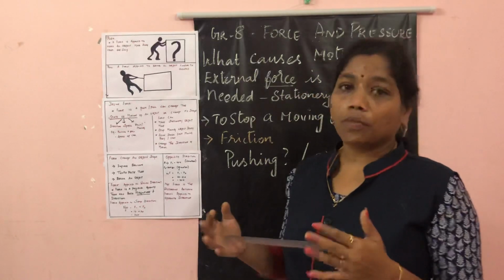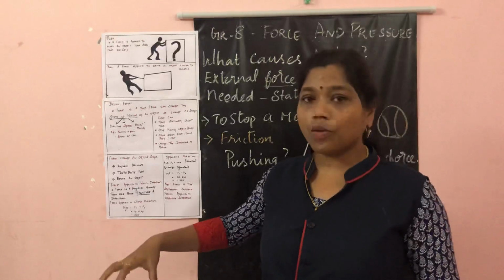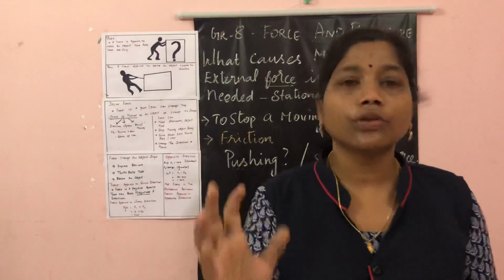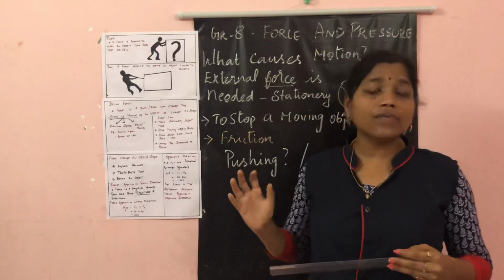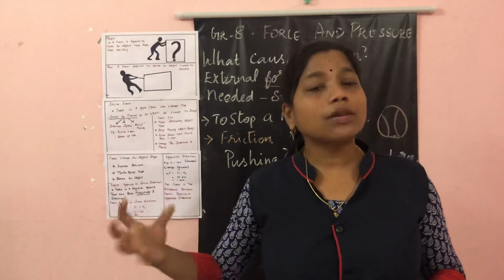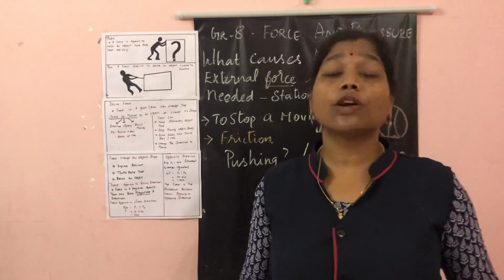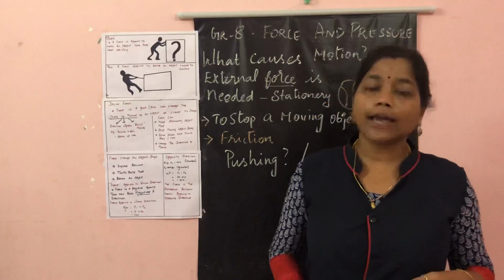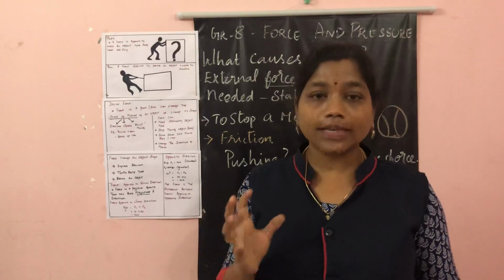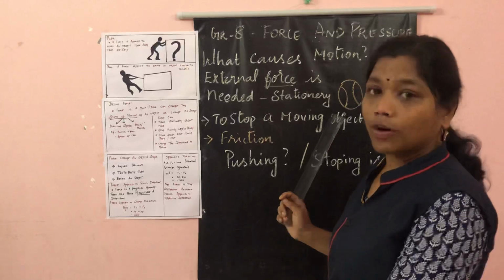I'm just taking a ball and I'm throwing it to you. I've taken a ball which is kept stationary, in one place. I'm taking the ball and throwing it to you. Now what I'm doing is giving some external force to a stationary object. So what makes an object move here? Some force, am I right? I'm giving some external force. Yes, we are going to discuss force. So I'm making a stationary object move. Some external force is needed to move an object.